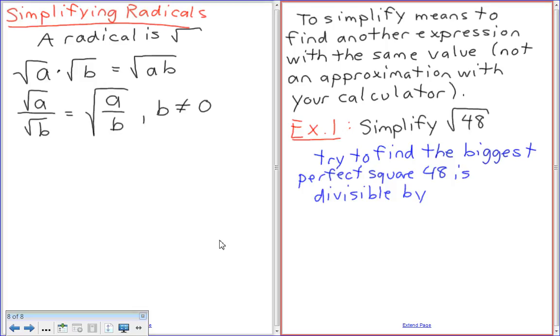Ben, can you give me a list of the perfect squares for the class, please? You know what a perfect square is? 1, 4, 9, 16, 25. Yeah. So where he got that from, I hope, was 1 squared, 2 squared, 3 squared, 4 squared, 5 squared, 6 squared, and so on. So what's the biggest number that 48 will divide by out of those numbers? I heard somebody say that's 16. Okay. So 48 changes to 16